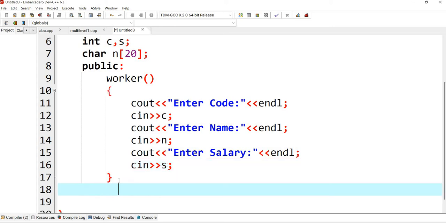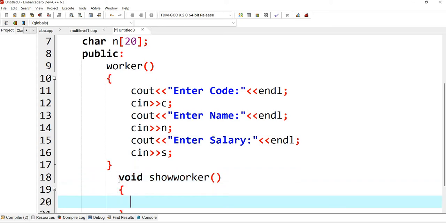Now we'll have one more member function for displaying the values, right? So we'll take a member function, void show worker, and we'll display all the three values.